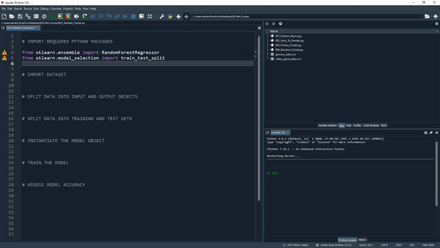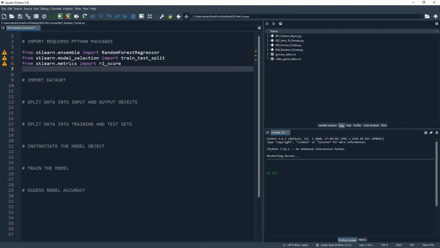We also want to understand how good our predictions for the test set are when compared to the actual values. In a regression problem, it is common to use something called the R-squared metric, and again, scikit-learn has some inbuilt functionality for this. So, from sklearn.metrics import r2_score. Let's also import pandas as pd so we can bring in our data.